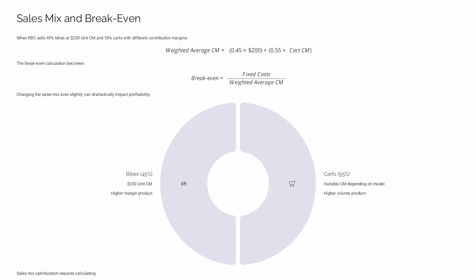The advanced application that hedge funds use is mix shift analysis, projecting how sales mix will evolve over time based on trends, competitive dynamics, and strategic initiatives, because companies that successfully shift mix toward higher margin products consistently outperform the market. When McDonald's introduced all-day breakfast, it wasn't about customer satisfaction. Breakfast items have 65% contribution margin versus 45% for burgers, and shifting even 5% of sales to breakfast adds hundreds of millions to profit, which is why every fast food chain copied them.